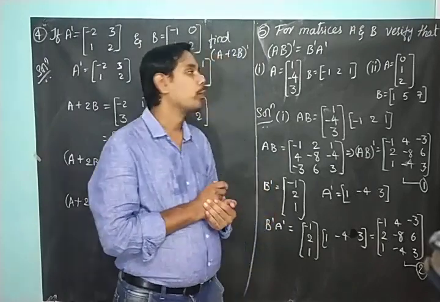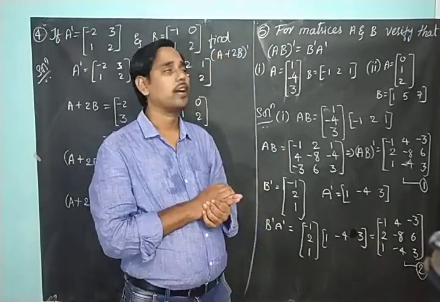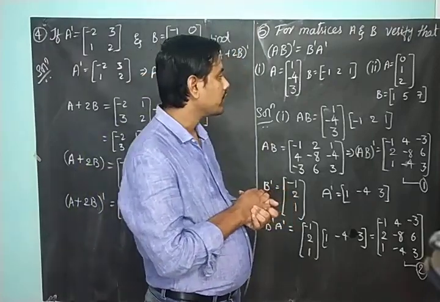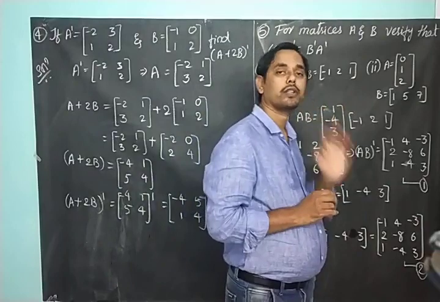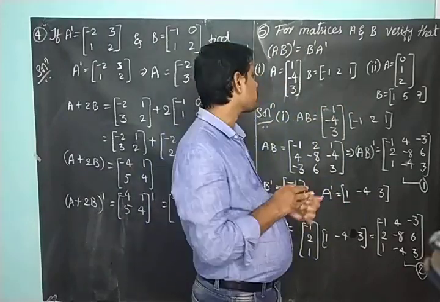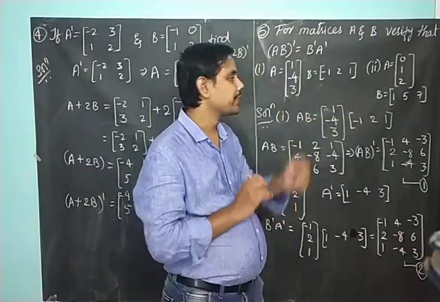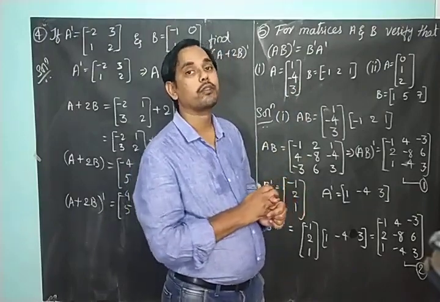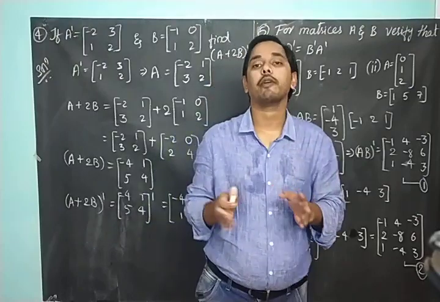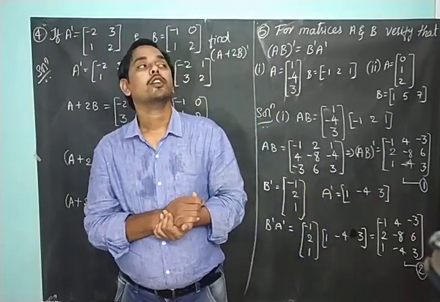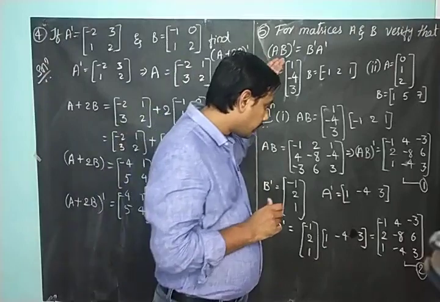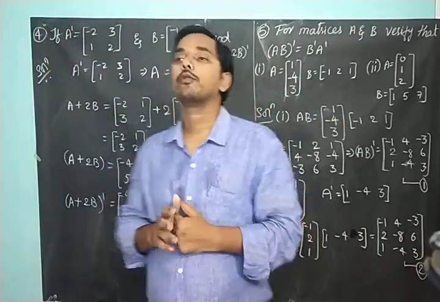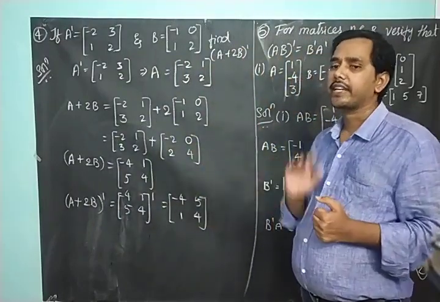Right? So I hope that the problem is very much clear. I have gone very slowly and deliberately explained everything here. So what you do is apply the same method and try to solve the second one. Second one is also same. Alright? So only the values are different. So once again you should get A into B whole dash equal to B dash into A dash. Definitely it will be equal. Why? Because it is an identity. Right? So according to this problem you try to solve the second one. Right? So now what you need to do is pause the video and take down the notes.